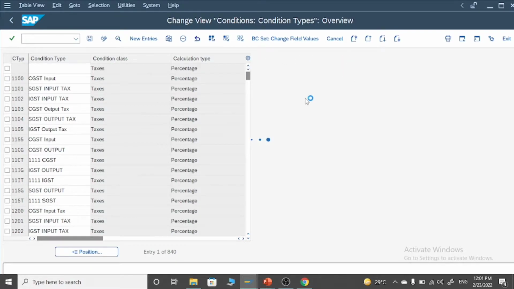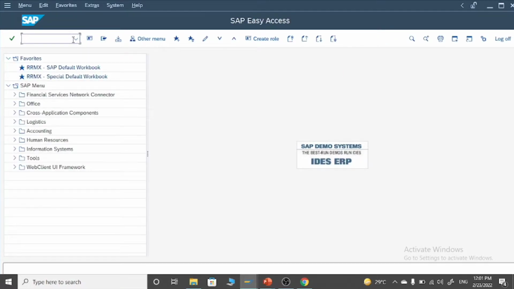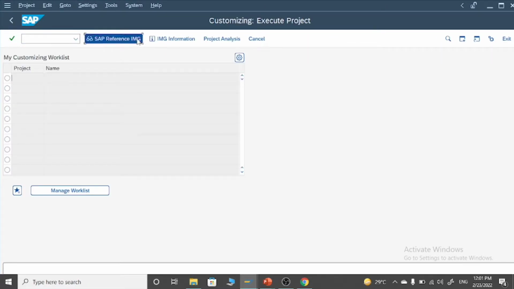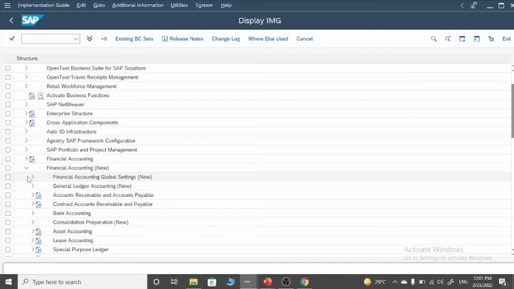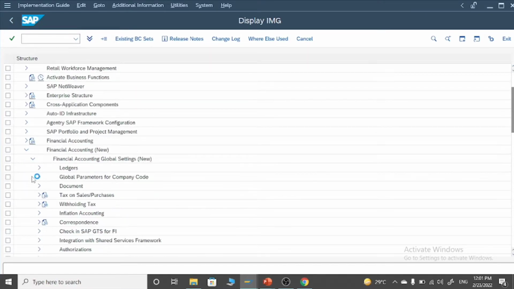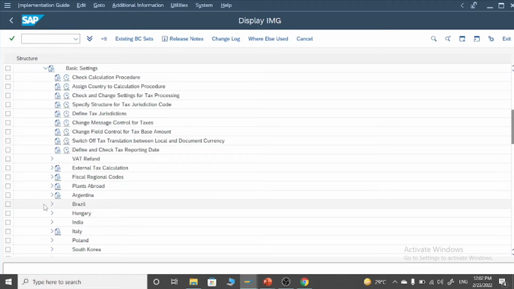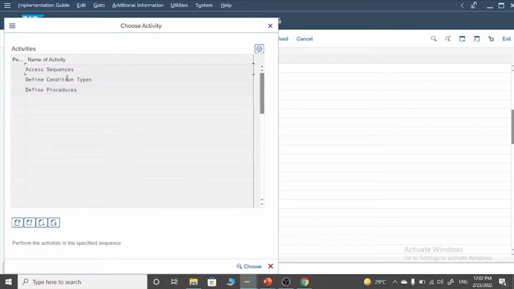Path: SPRO, IMG, Financial Accounting New, Financial Accounting Global Settings, Tax on Sales or Purchases, Basic Settings, Check Calculation Procedures, click on